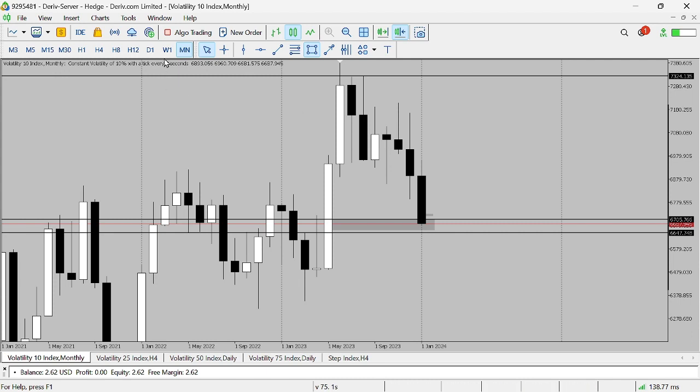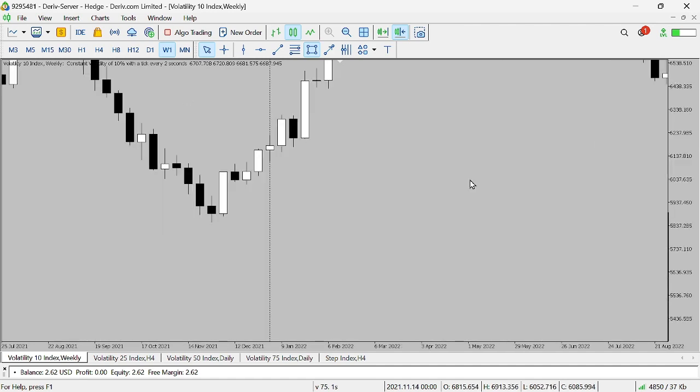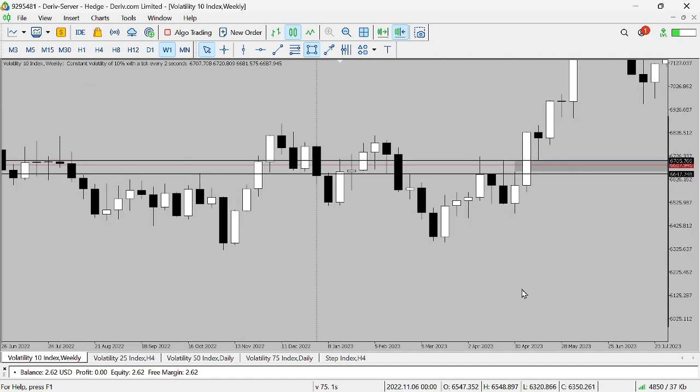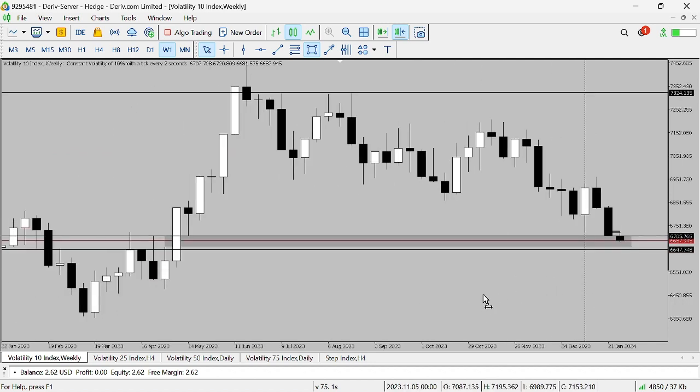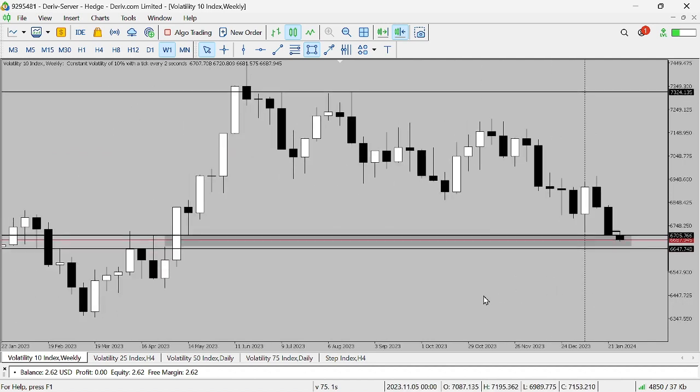Okay. So as I said before, because we are in deep discount on the monthly, and though the weekly is bearish, I don't have a clear bias on this coming week's candle. Now, the reason why I'm starting the analysis from the weekly is because once you have a clear bias on the weekly time frame,